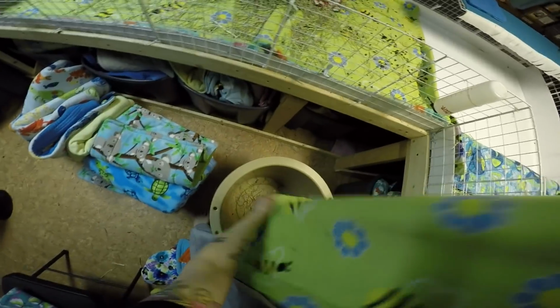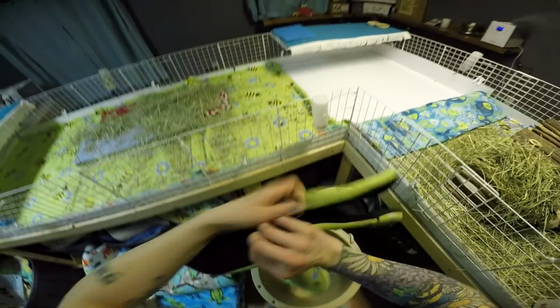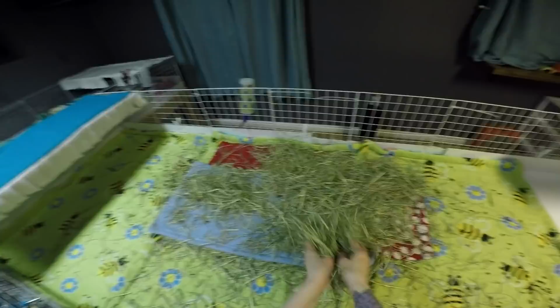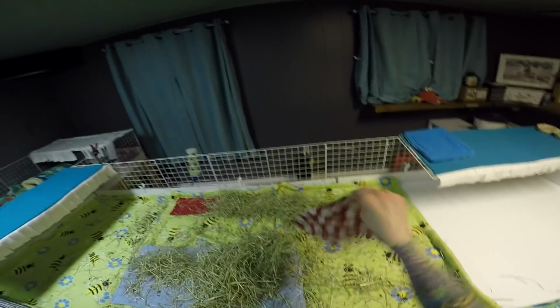So we'll see, because I definitely would like the color to be different. I don't really like dark colors, so I'd rather have it back to a color very similar to what the old room was. So we'll have that kind of in the works come spring, early summer. See how it goes. I would have painted before I brought the pigs in, but it was kind of a rush to get them back here,